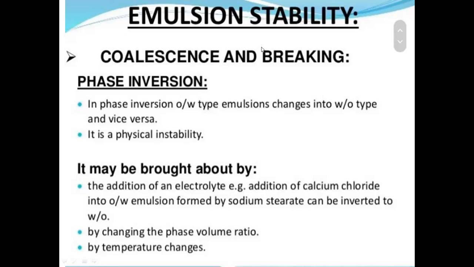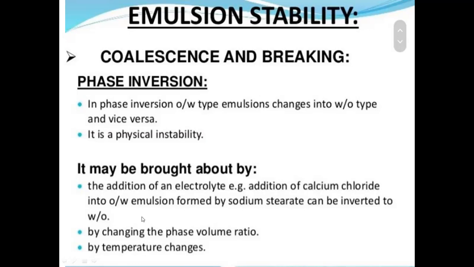But before that, why does it happen? फेज इन्व्हर्जन का होतं? It may be due to the following reasons. By changing the emulsifying agent: जर emulsifying agent change केला, at that time it leads to change of phase, that is O by W to W by O. If the temperature changes, जर temperature मध्ये change असेल storage condition maintain करताना, then this emulsion leads to phase inversion. If there is addition of electrolyte, एखाद्या electrolyte ची आपण addition केली त्या emulsion मध्ये, like addition of calcium chloride into O by W,